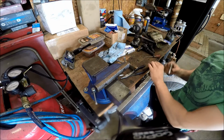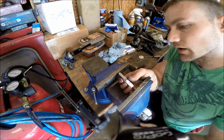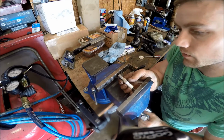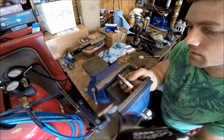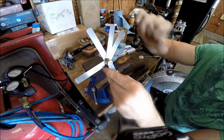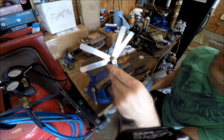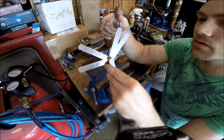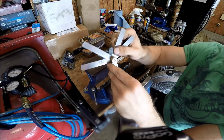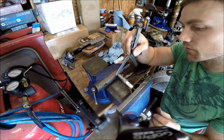And so what I'm doing is, instead of using one of these things, I'm putting it in my vise really gently, finding one of the diamond plates that lines up with the end of the dealie, and I've got a set of feeler gauges here. These two together would be 0.33, and what I want is a 0.35 gap. They're coming out of the box at 0.41, so I just want a little bit tighter of a gap. So I'm putting it at 0.33, putting my feeler gauge down in there,